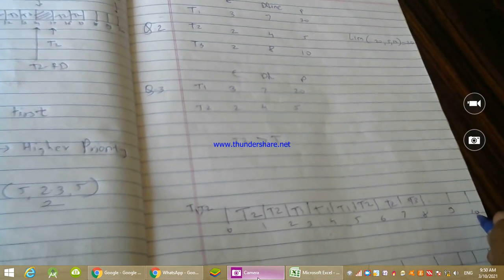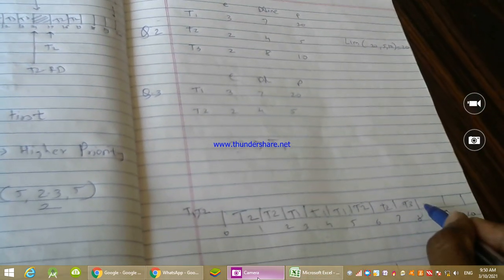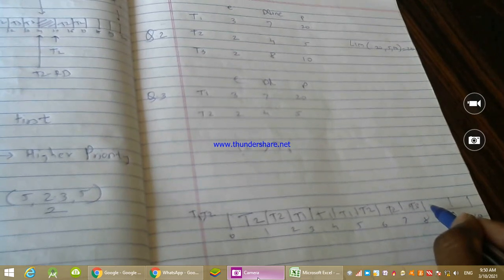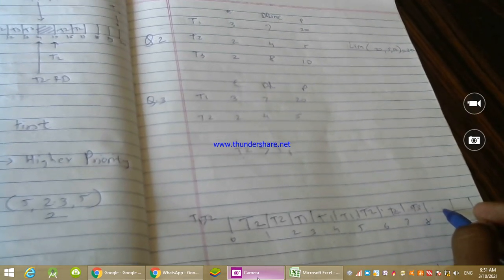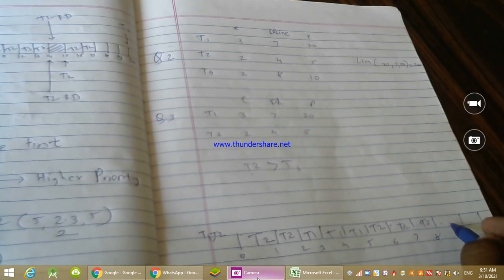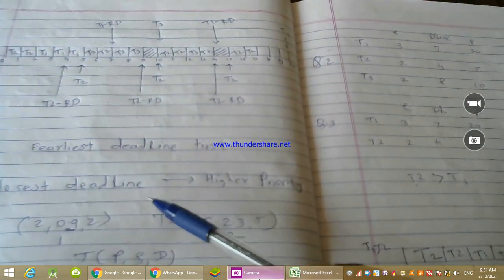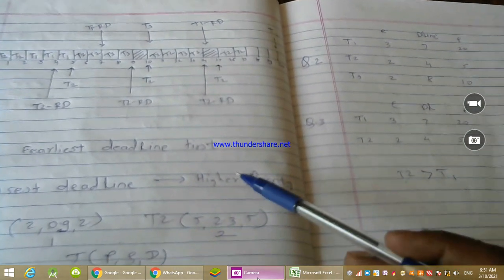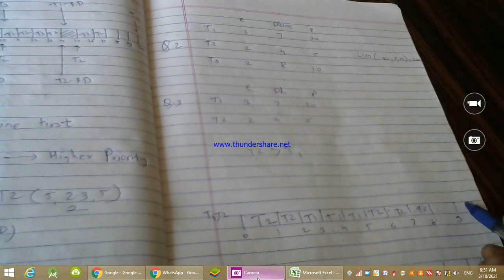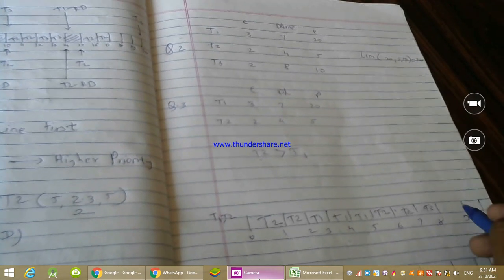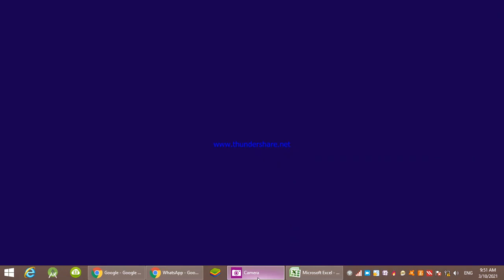Before 10 I cannot write T2, because the time interval of T2 is 5. But as we know, the closest deadline has the highest priority, this will